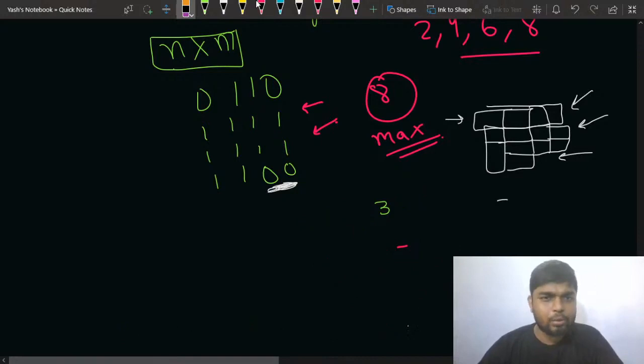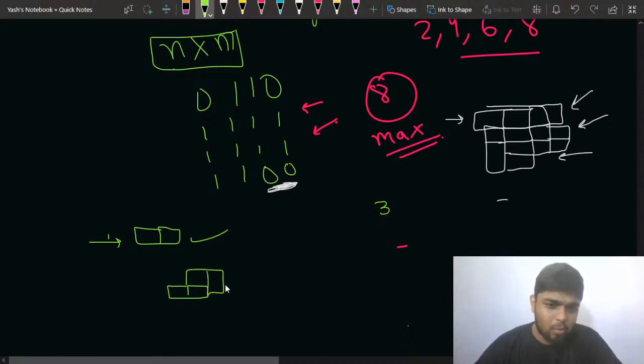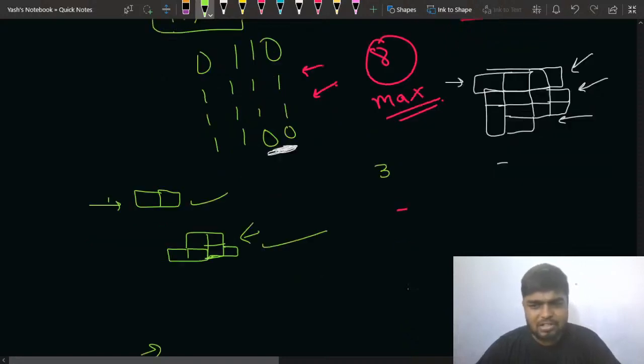Right. So what you can do is, for the first part, the matrix will look something like this, and you can find the maximum area histogram for this part. Then next, if you consider the second row as well, it would look something like this. So now you have to find the maximum area histogram for this part, right? So you can also find the maximum area histogram for this much,